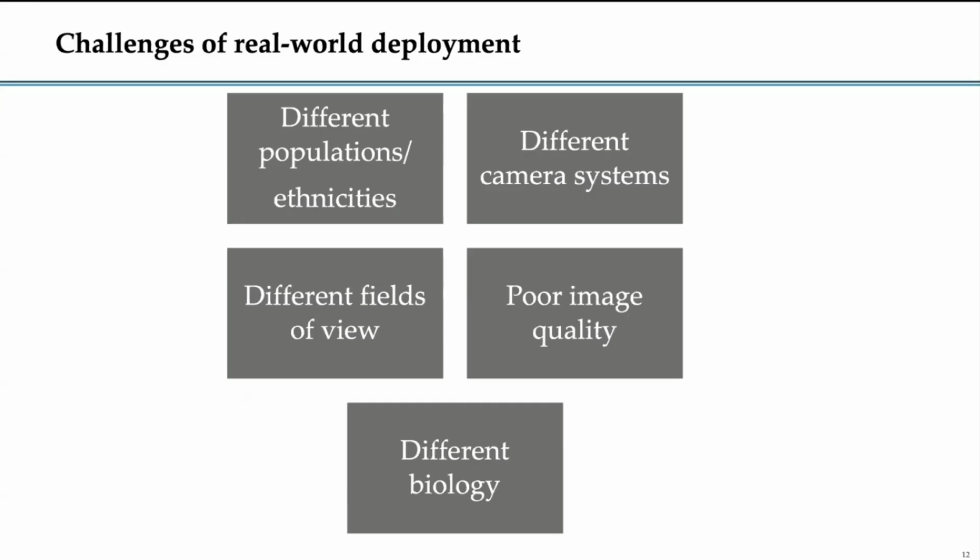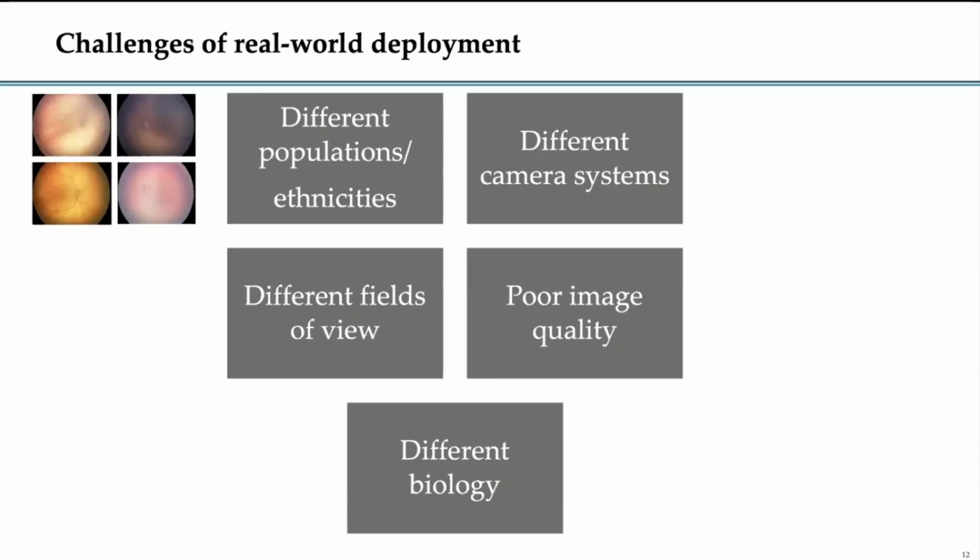We got breakthrough status from the FDA, and then we started thinking about applying it in the real world. Once we start doing that, we see a whole host of challenges when we come to real world deployment. The first thing is that the eyes and the back of the eyes look quite different for different populations. You can see that in the top left, the pigmentation can be quite different. So if you develop an algorithm for one population and try to apply it elsewhere, I think you can see that might pose some challenges.